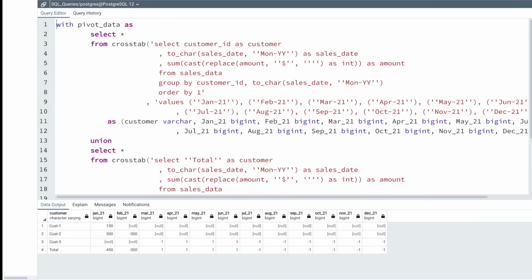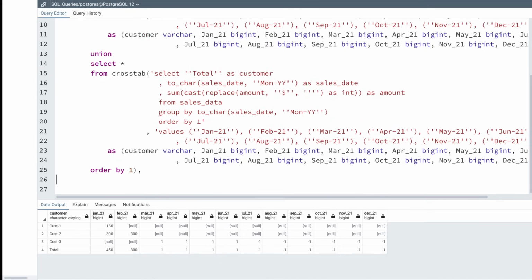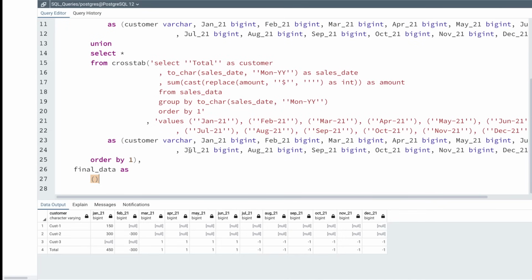Okay, and I will add a parenthesis here, and this is basically the first temp table inside my with clause. I'll create another one which I'll call final data, and this will be data where I want to transform these null values into 0, so that later on I can do the aggregation, which I already explained when I was explaining Microsoft SQL